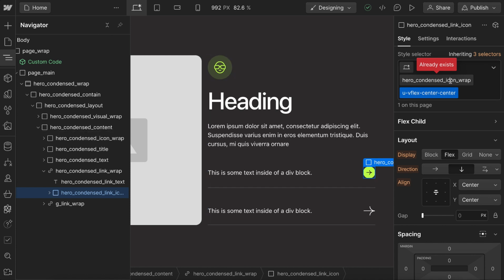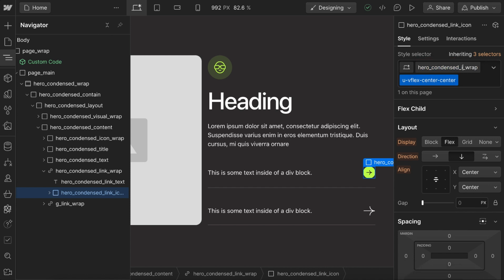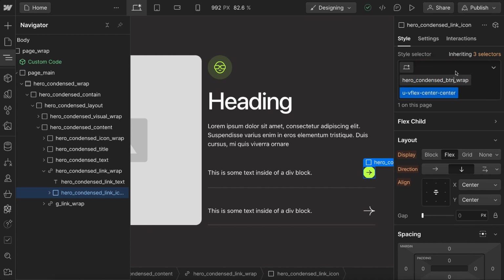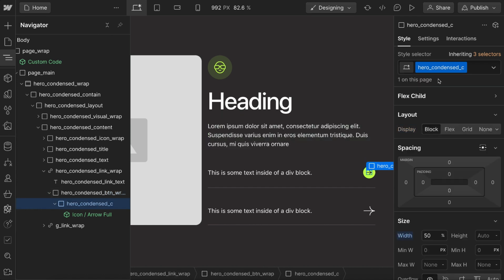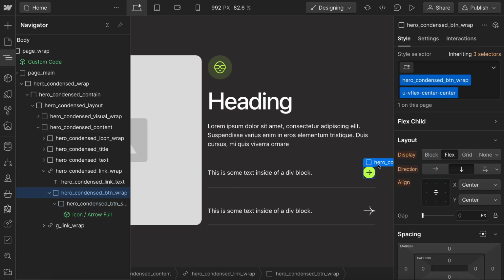So what we'd want to do instead is just rename this to something new. We could call it SVG or button. We would just choose a different component name that doesn't conflict. And now we have a button component inside of our hero condensed section, and we can start to name all of these children related to that new child. So we can call it button SVG, and we could have button text or anything else related to this child